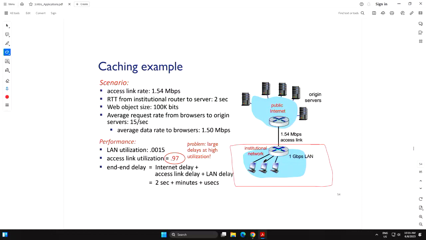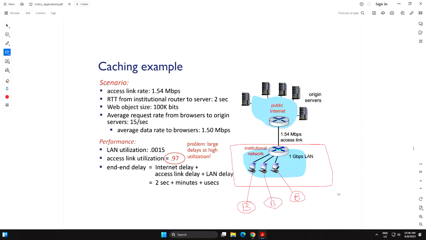The problem is if you try to get an object, so the scenario is like this. So they have a browser. So people are behind these browsers, right? And on these browsers, you are watching and downloading the HTML file, and you're clicking all the time, and lots of objects are requested from the web, right?